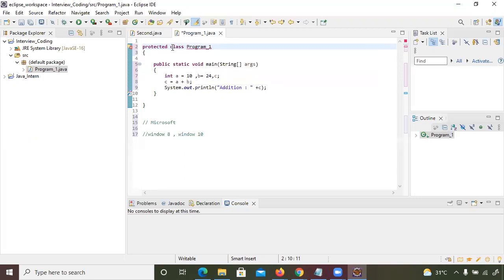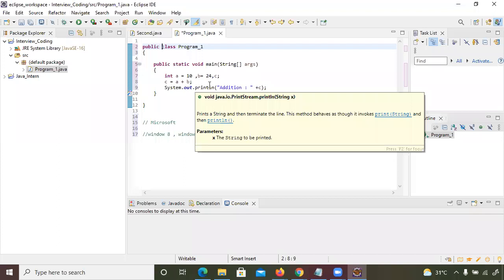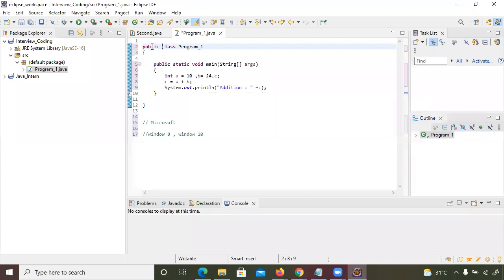But we usually add public because we want our code to be accessible by anyone. When you are working in an organization and you have a restriction, then we do not add public, so that it cannot be used without authorization by anyone. So this is called an access specifier.